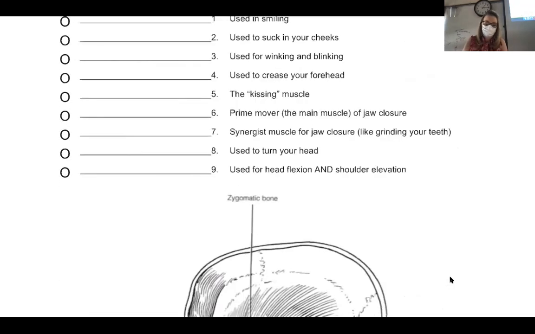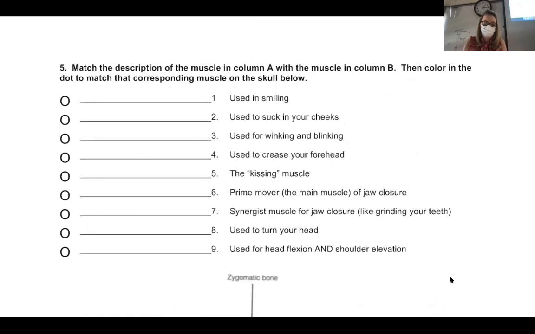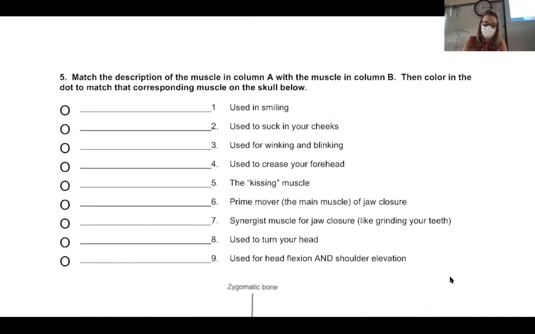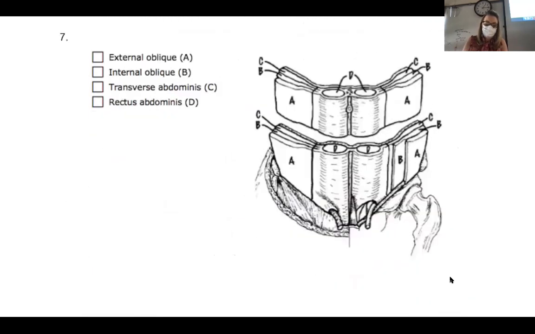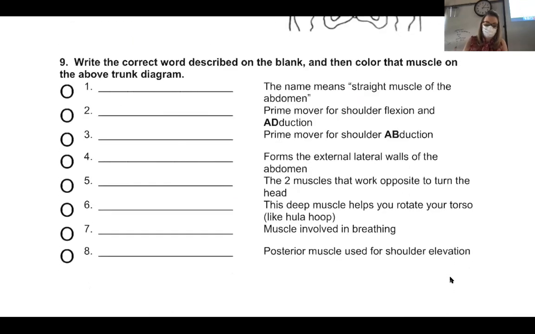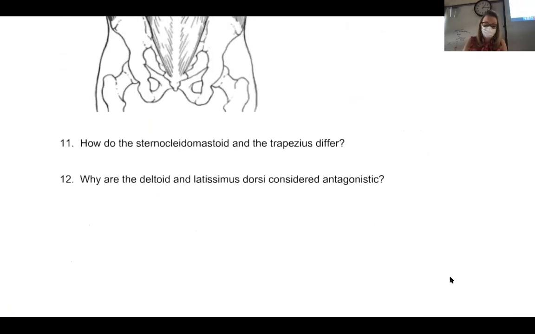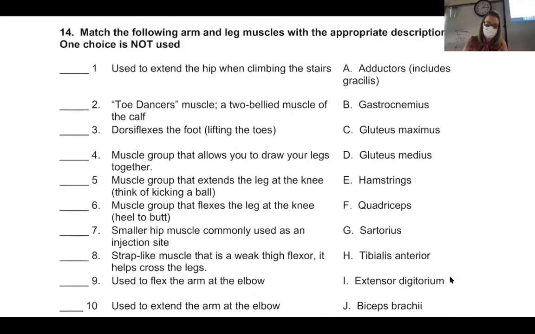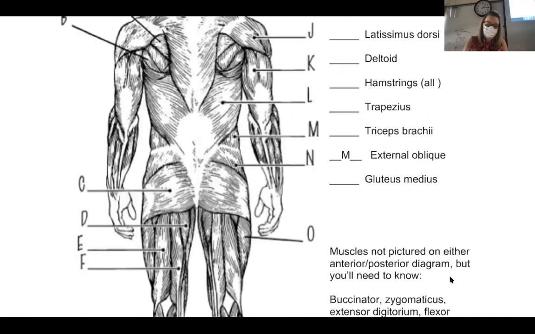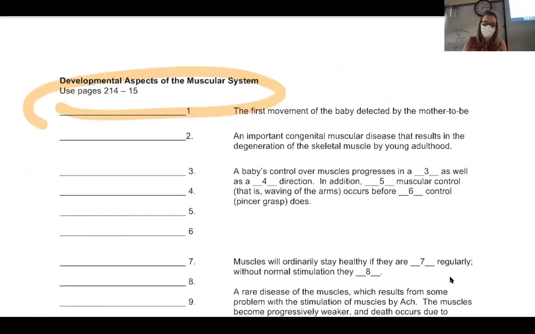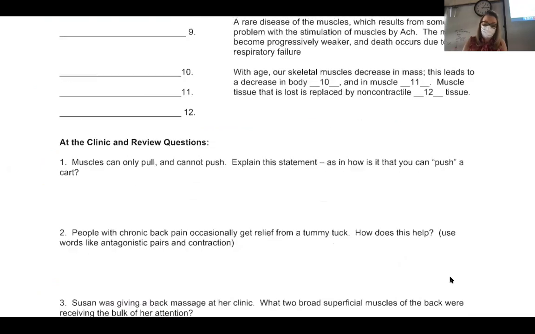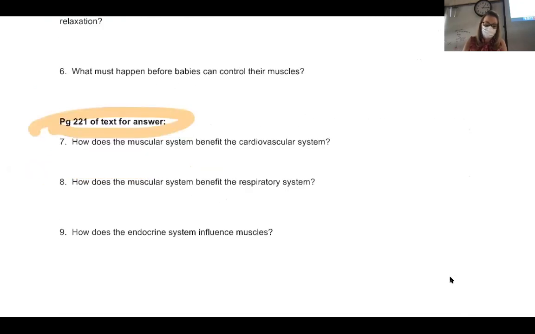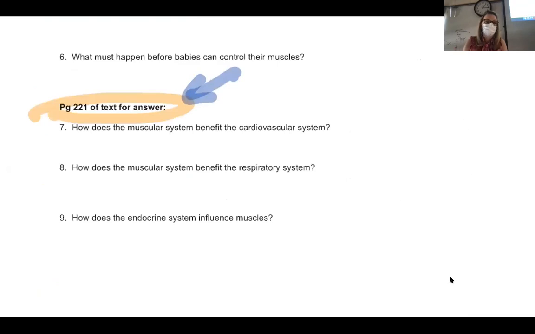All right. Okay, if you still don't know, these are all part of your notes when we went through what all the muscles do. We've got some abs, we've got some other stuff. All right, so here's the scoop. When we get down to the clinic, this is the developmental. It's right here. It tells you exactly what page. And then there's 3 down at the end. You have to actually look at this page.